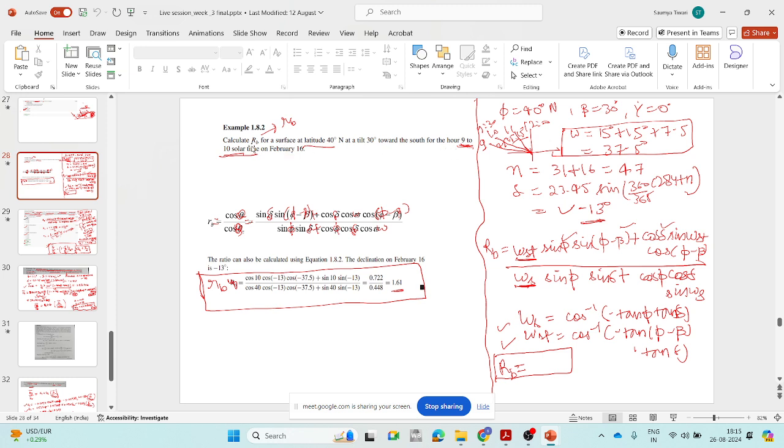See, in this question, it was asked to calculate RB for a surface at a latitude of 15 degree north, at a tilt of 30 degree toward the south for the hour 9 to 10 solar time on February 16. So if you have calculated the small RB, you are talking about a particular hour, say 9 to 10,